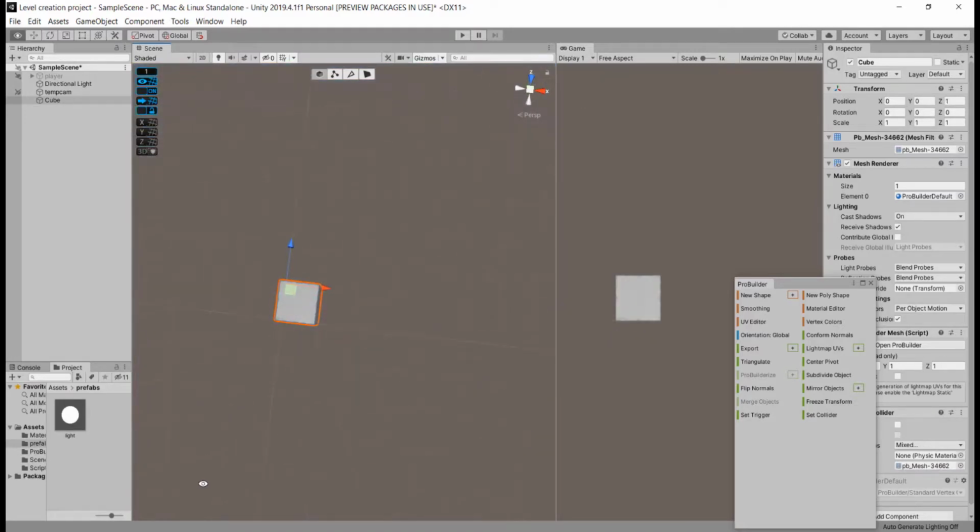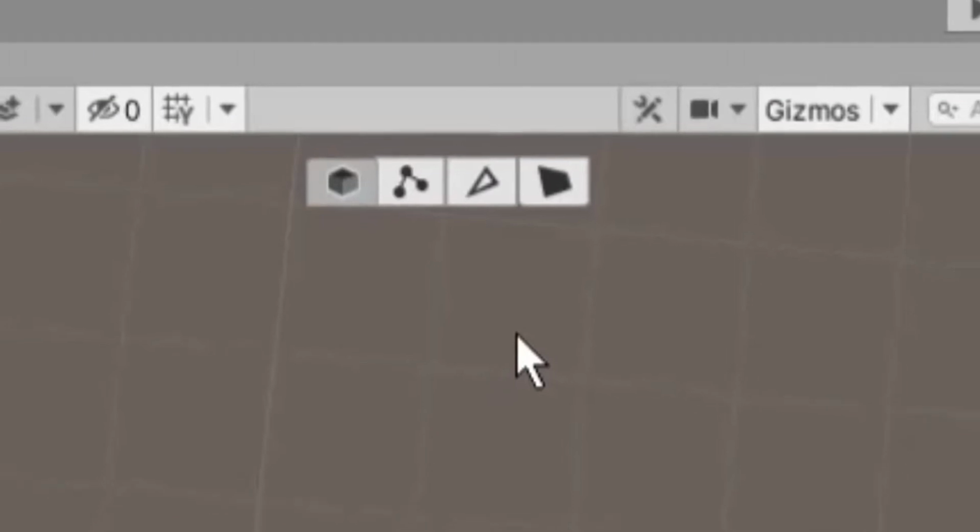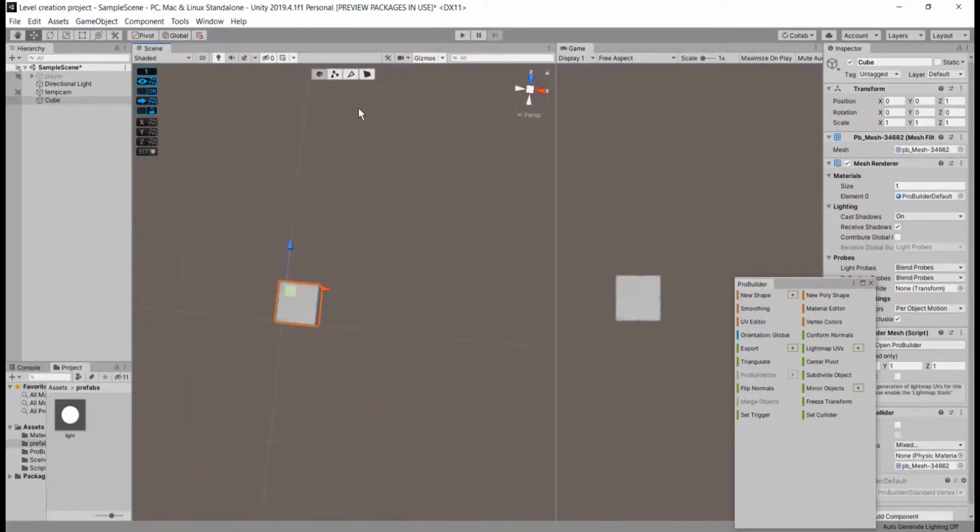Okay, now let's start creating our level using this single cube. So let's modify this cube's shape into something similar to a corridor. I am switching to face selection mode by clicking this last button in the ProBuilder button collection.